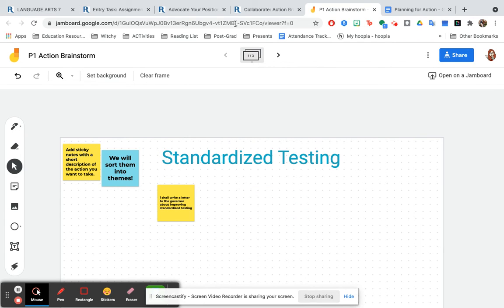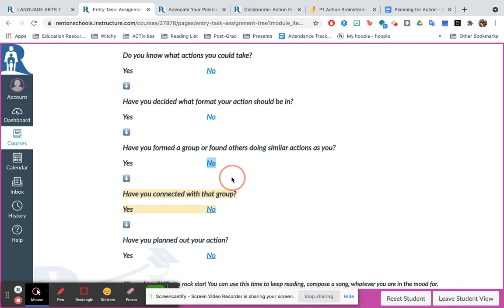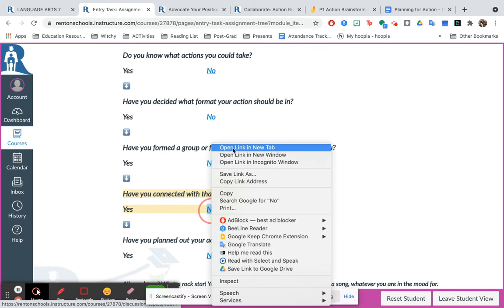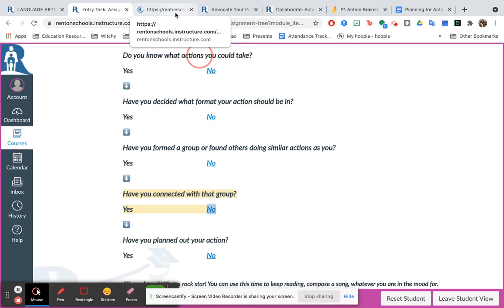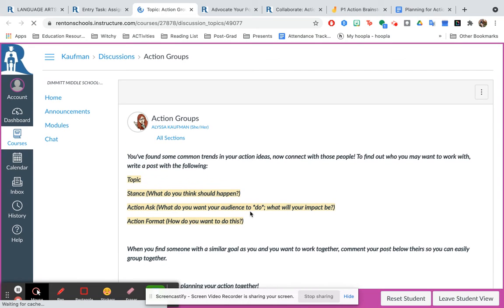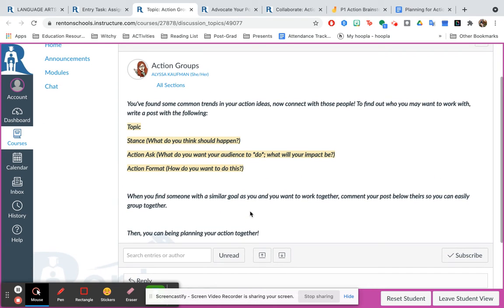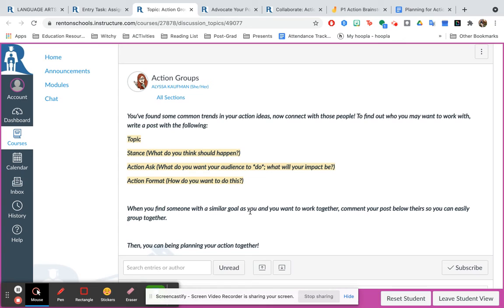Now, if you go back to the assignment tree, you'll notice that the very next one is asking if you've connected with your group. If you click that link down here, this actually takes you to a discussion board where you can connect with other people. So if you are trying to do your work today and you are ready to start planning, but you really want to speak to some other people and work with them,